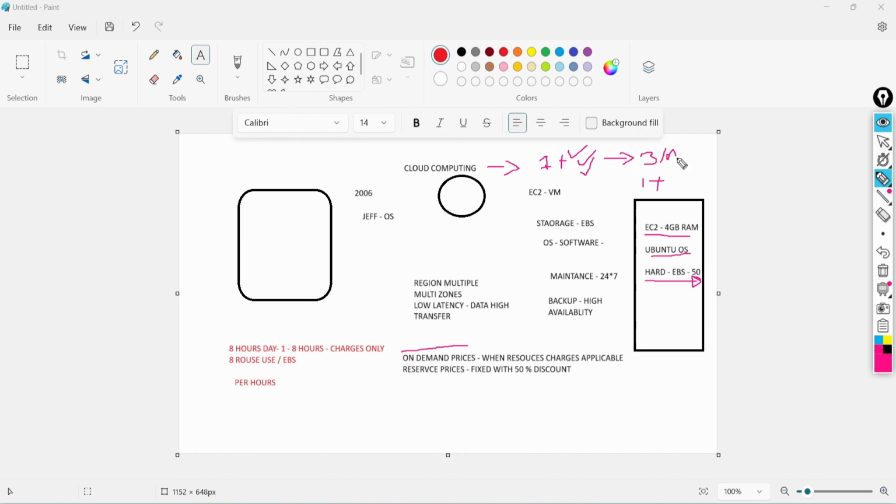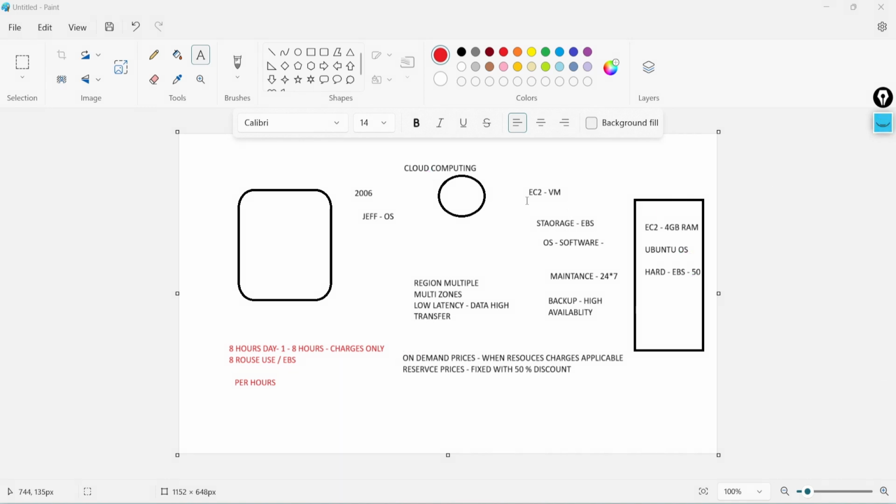And for the cloud, in minutes, just create your account. Within 2 minutes, you can create your EC2 instance VM machine, right? For AWS. If you're going with any different provider, it is the same. So this conventional way was a headache for any organization, and everyone found the solution with